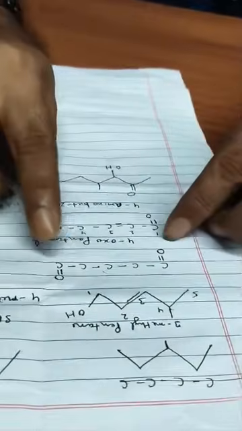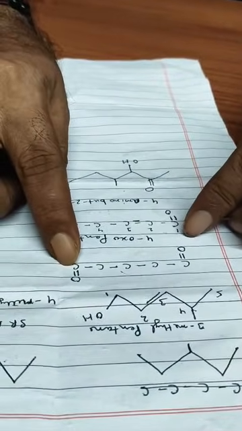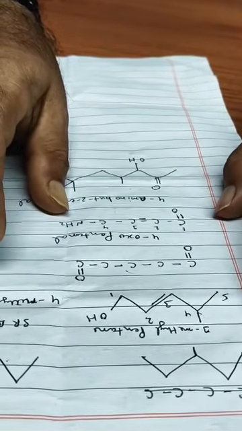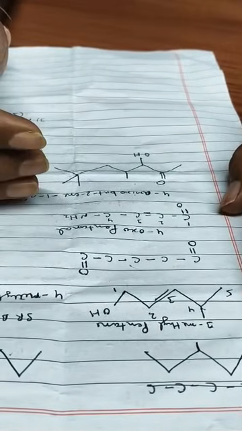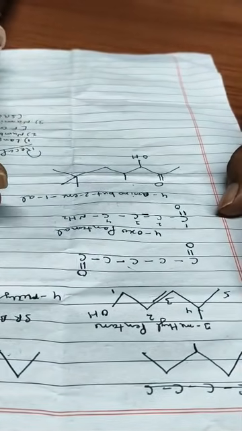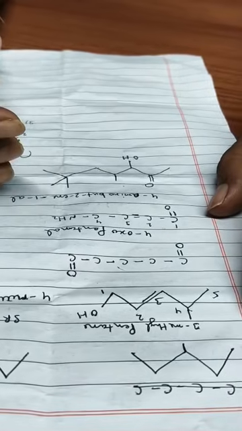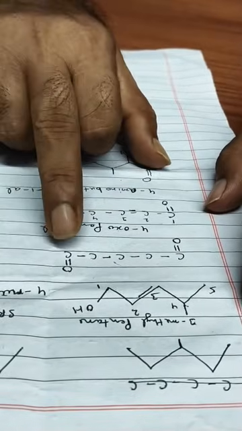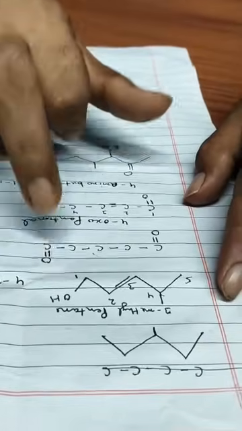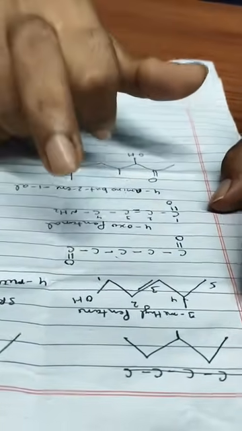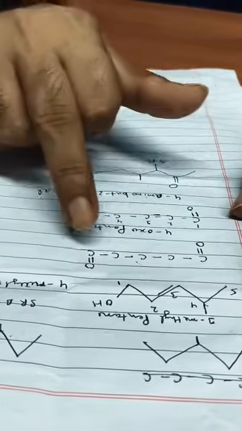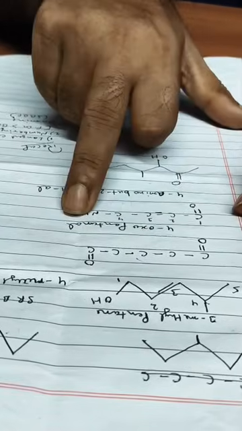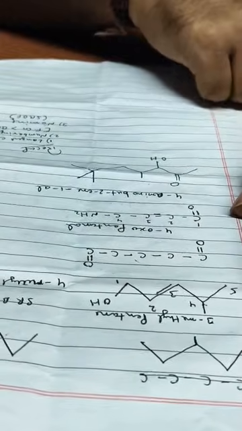Here we find two functional groups present. One is here and the other is here. Then how can we name it? One functional group will become the substituent. Which functional group will become the substituent? In both cases, numbering is done from here, because the main functional group is the aldehyde. 1, 2, 3, 4, 5. So 1, 2, 3, 4, 4-oxo. With the aldehyde group, it is given as pentanal.